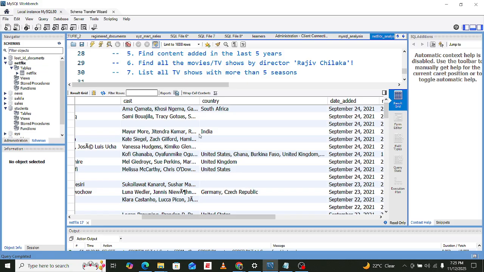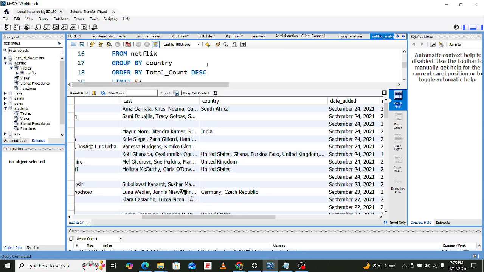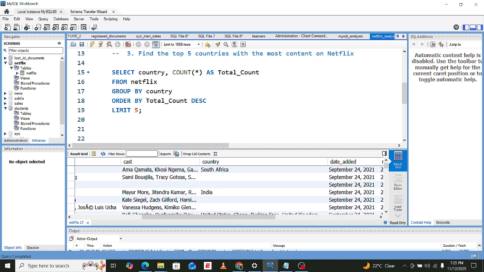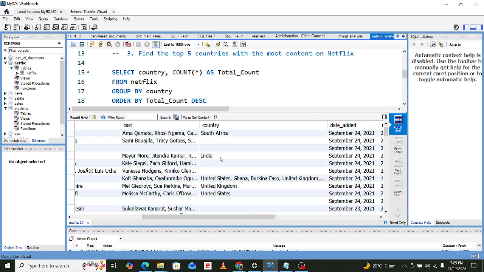So anytime you use what we have just used here, let me show you. We are finding the top 5 countries with the most content. What will happen is, anytime we iterate through this data, the count will be for the first country here, that is the United States.